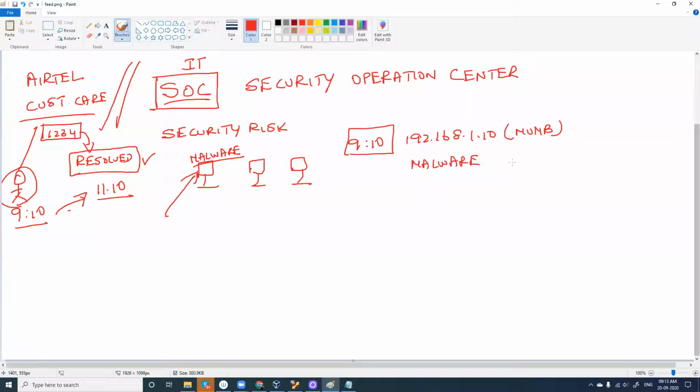Fine. And it has been escalated to level 2, where they are working with malware. The issue has been contained, and if they are not able to solve it, it will be escalated again to level 3. So all these level 2 and level 3 employees work in the SOC team. The Security Operations Center deals with handling the security risk of any company.